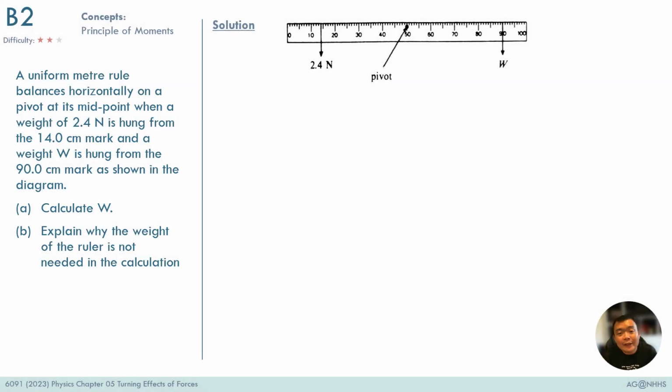This is a typical question on principle of moments, and you are to determine the value of the downward force W on the right side of the ruler that is balanced. So we look at the 2.4 Newton force on the left of the pivot. We noted that it will make the whole ruler rotate anti-clockwise, and that's an anti-clockwise moment, and the value is 2.4